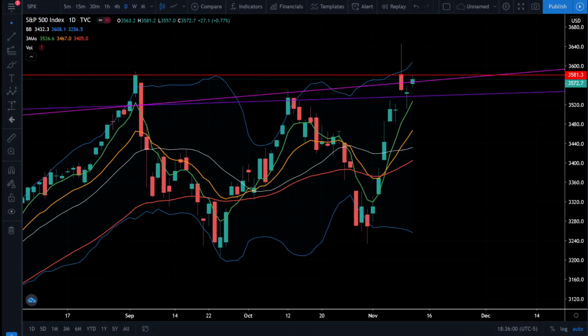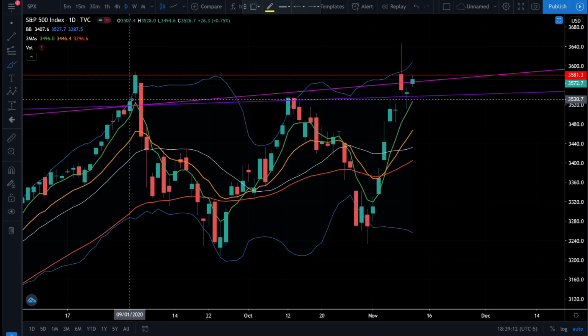First, we'll take a look at the S&P 500, so let's go ahead and crack open this chart and see what's going on in the stock market today. Alright, so first up we'll take a look at the SPX, and this is the chart we had from last night's episode where we were talking about these resistance trend lines and how they've been so critical in calling the market top on the S&P 500.